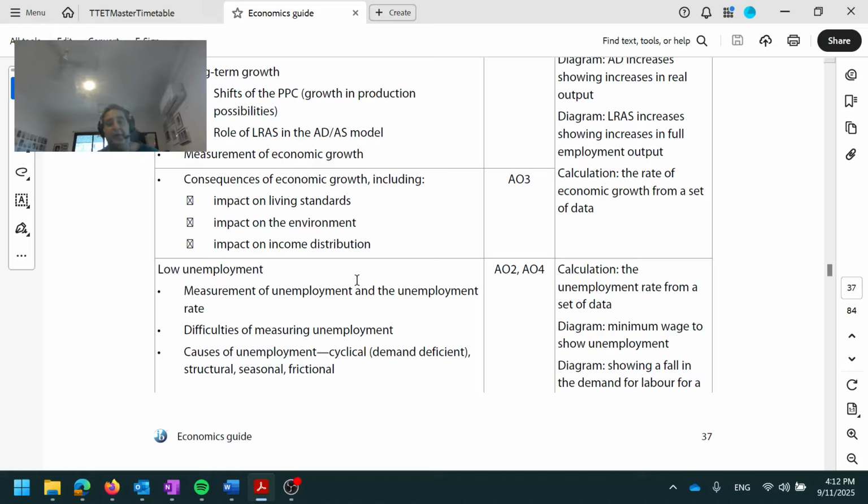The causes of unemployment, so cyclical, structural, seasonal, and frictional, know all those. In terms of the diagrams and calculations, as I said, be able to calculate unemployment rates from data. Minimum wage to show unemployment. So we know that minimum wage is an example of a price floor, and so that leads to a